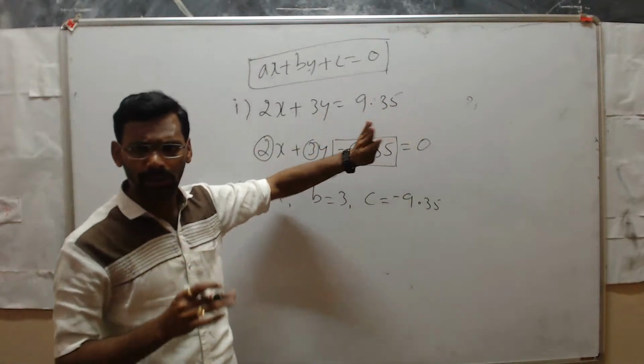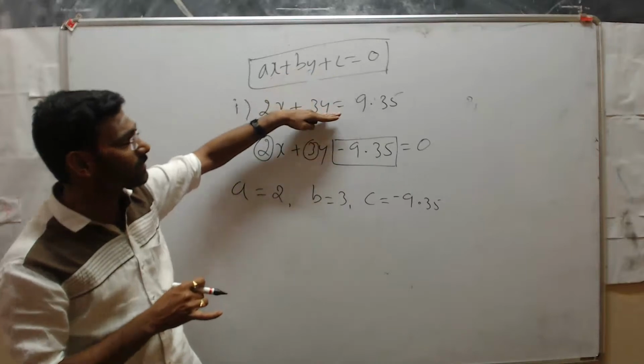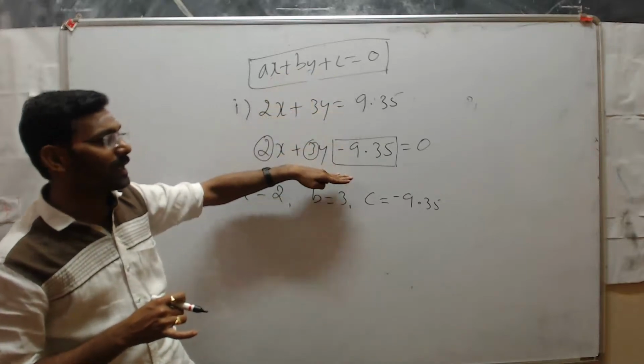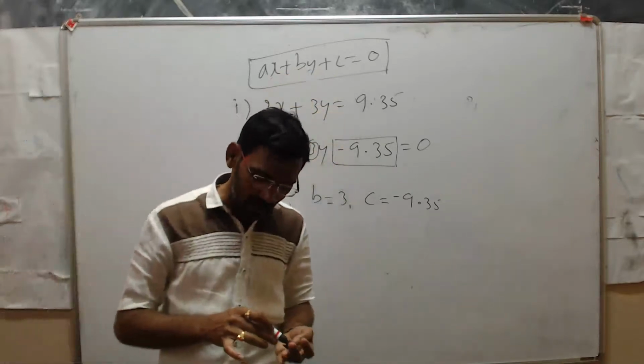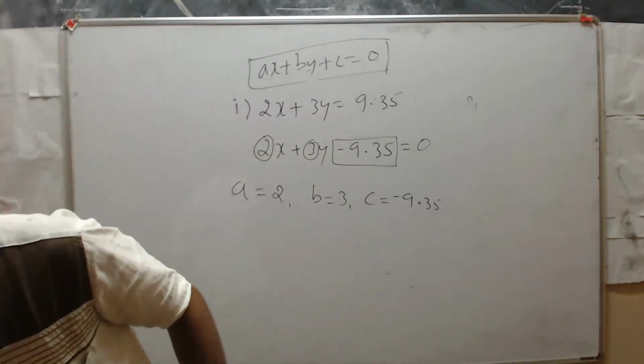For this reason we should convert it in this form. Okay? 2x plus 3y. A value is nothing but coefficient of x, B is nothing but coefficient of y, and C is nothing but the constant term. Second one,